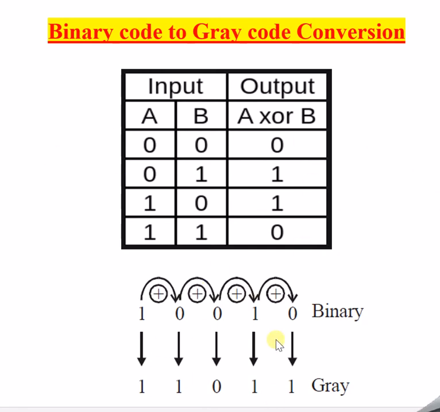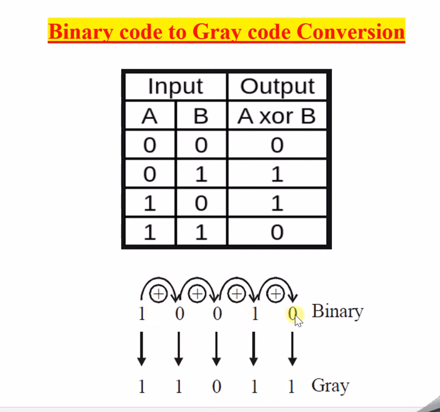If you know this now, and it is perfect, we can go to the next step. How to quickly convert from binary to gray code? In most examinations or entrance examinations, they will give you a binary code and ask you to find the equivalent gray code. It is very simple. In some calculations, you will also be required to calculate the gray code of a particular binary number. So please watch this particular thing now.